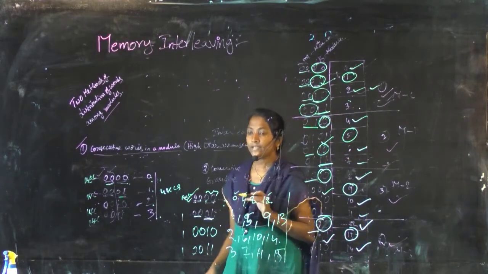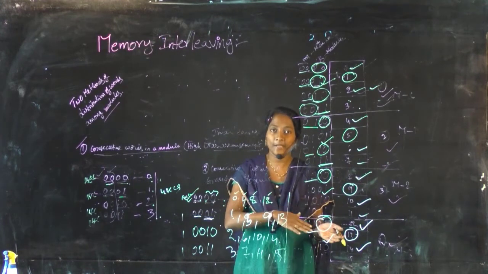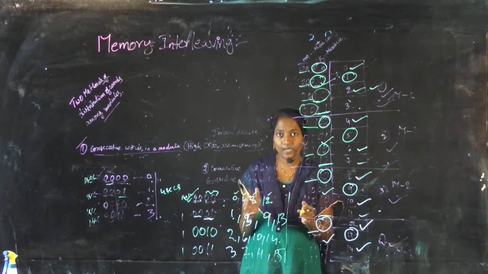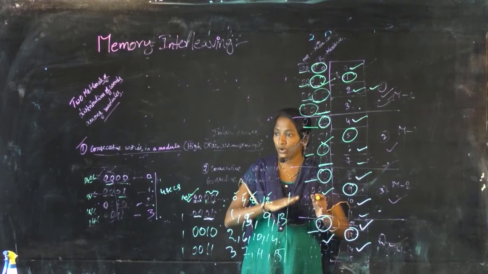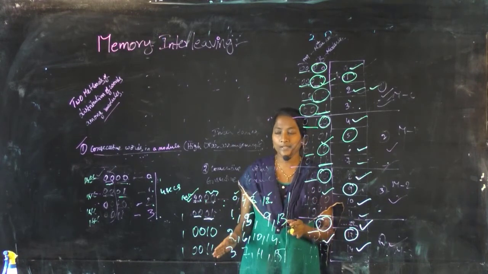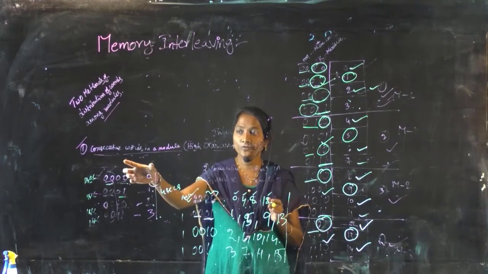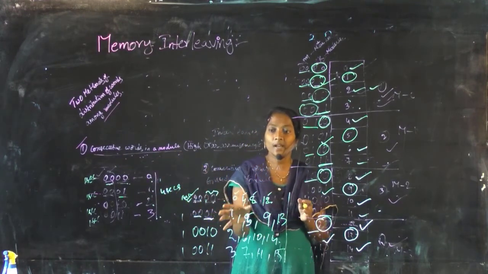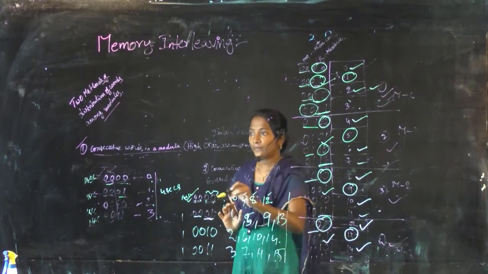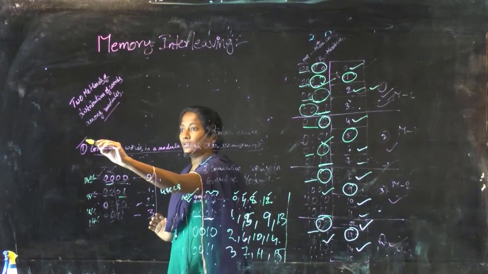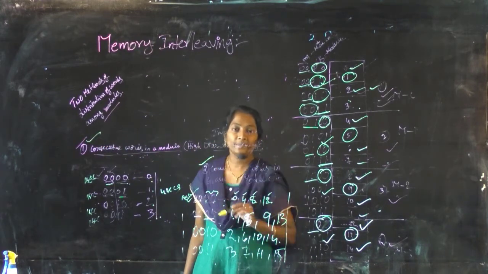Likewise, before transferring the data from main memory to cache memory, memory is divided into 4 modules. From those main memory modules, data can be accessed by the processor in 2 ways. In the first way, consecutive words in a module, and the second way is consecutive words in consecutive modules. From these 2 ways of accessing the memory, the second method is more effective.